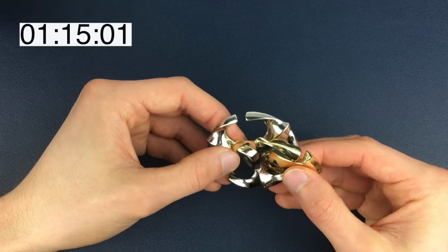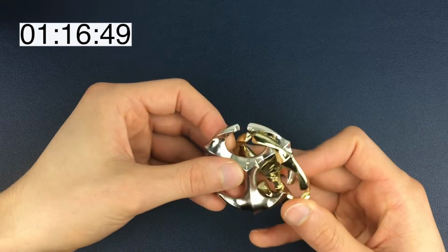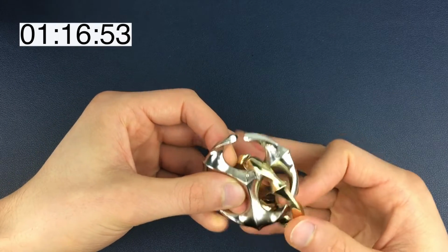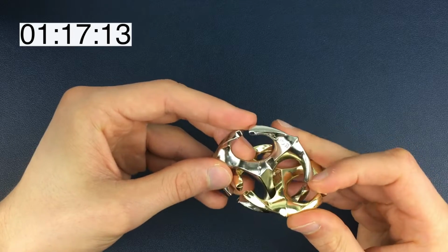Right, so that is interesting. But here we're in that same position again. What I want is this in here. How do I get that? Ah, so that's interesting. So this...